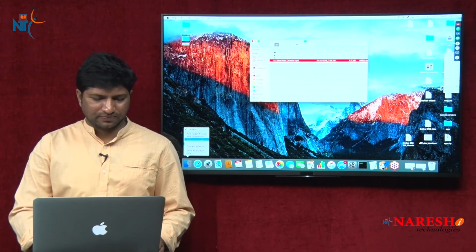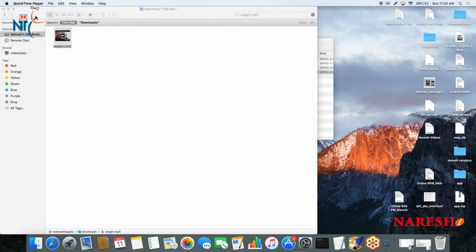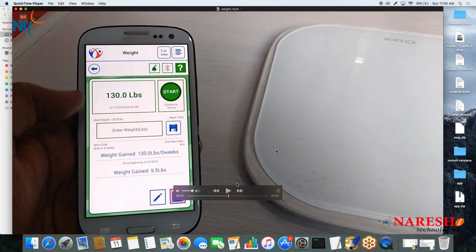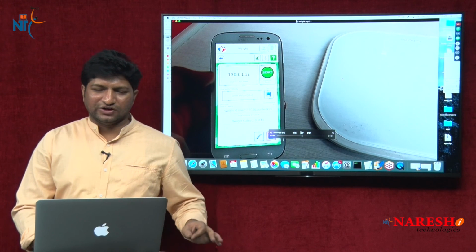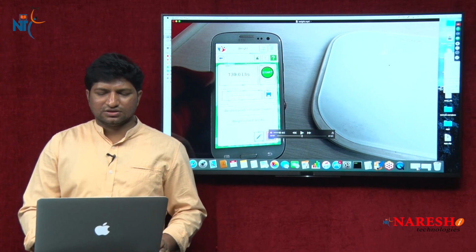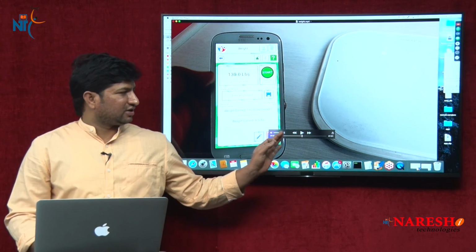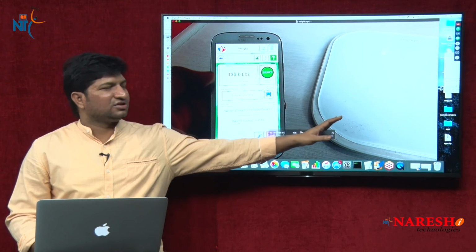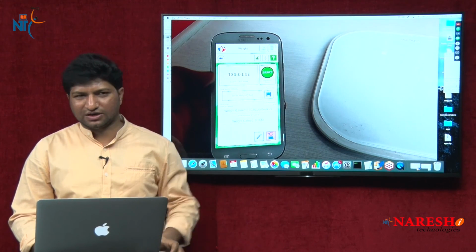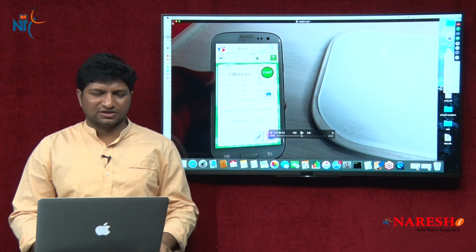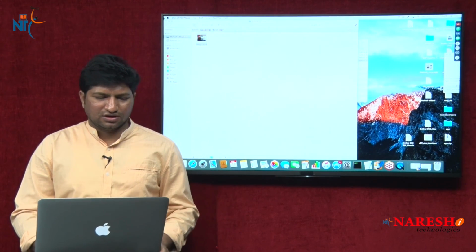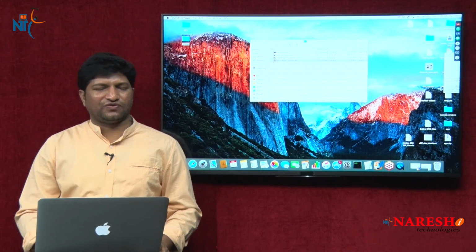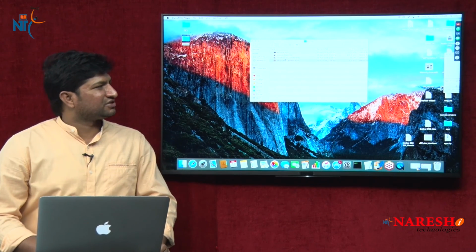I'll show you one more. There's another device I worked with called a weighing scale. If you stand on this device, it gives the weight value, and these two devices communicate directly. My application communicates with this weighing scale to get the values. This is another device I worked with. Like this, I worked with almost all 5 devices, and this is the best example for